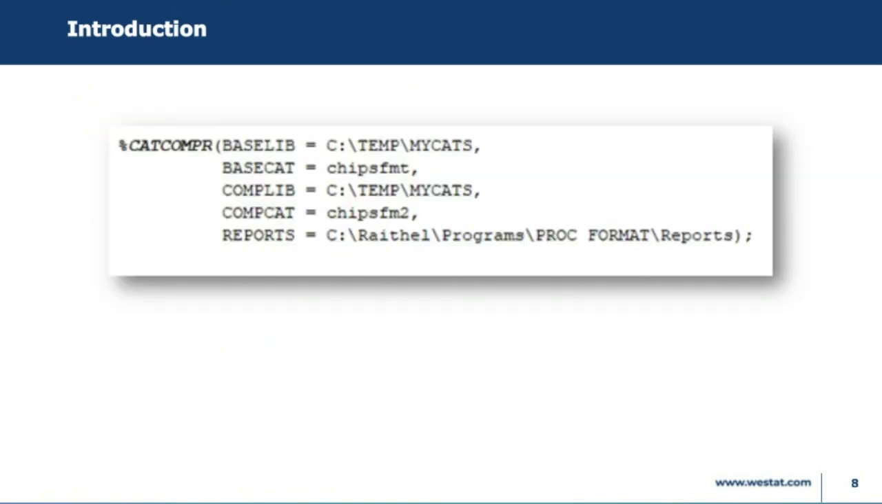This is what the invocation of the macro utility looks like. And you can see that we have specified 1, 2, 3, 4, 5 parameters. BaseLib, the base catalog resides in C:/temp/mycats. And the name of the base catalog is CHIPS.FMT. The compare library, CompLib, is C:/temp/mycats. And the name of the catalog that we're going to compare to CHIPS format is CHIPS.FM2. And then finally, we want to have any reports that are generated from this written to the Rathel programs proc format reports